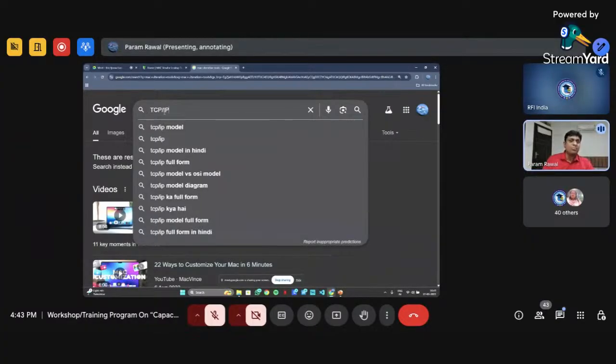So TCP/IP is not a single protocol. Let me clear one thing: it's a group of protocols, which is known as a protocol suite. A protocol suite means a bunch of protocols, so it contains various protocols.